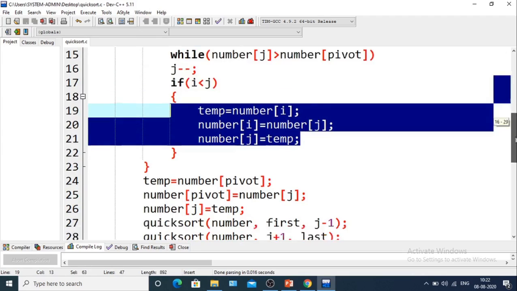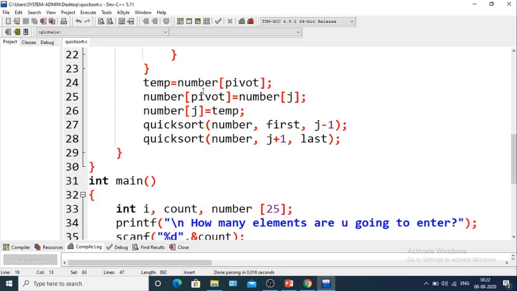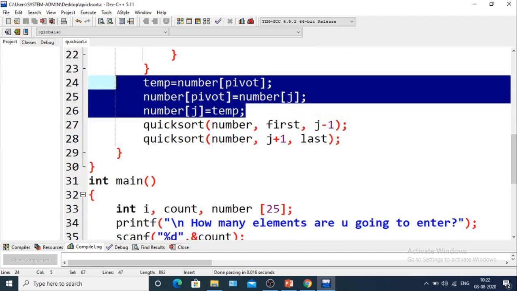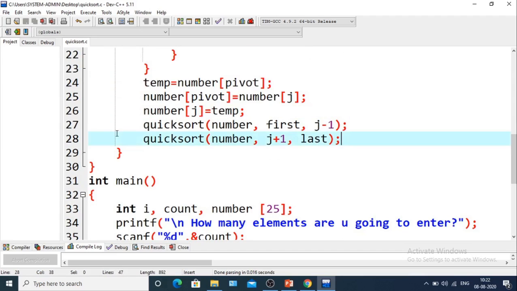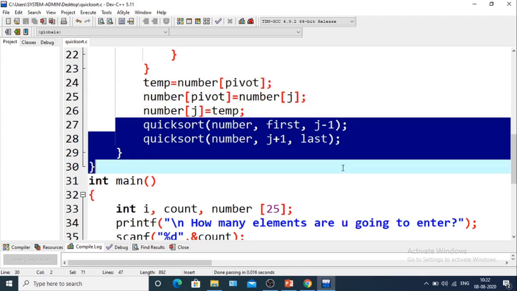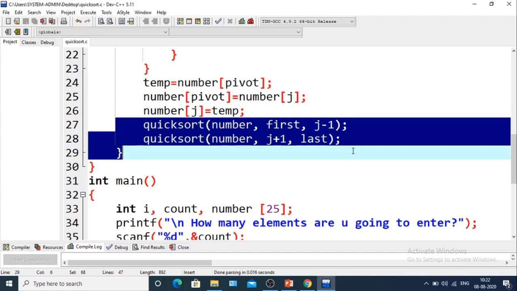So here temp is equal to number of pivot. Here the swapping is once again done, and after the pivot came to its final position, we found basically two lists. One is the left hand side of the pivot and the other is the right hand side of the pivot. So we found two lists here.